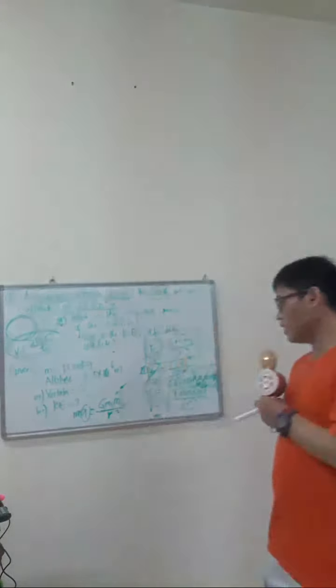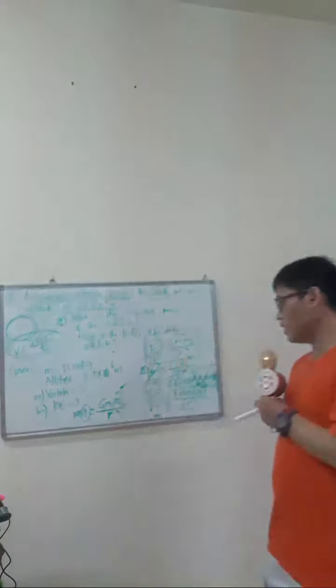So acceleration is equal to the velocity over the time, right? How can you compute the velocity? You use the kinetic energy, right? Kinetic energy is equal to 1/2 mv squared. So velocity is equal to the square root of